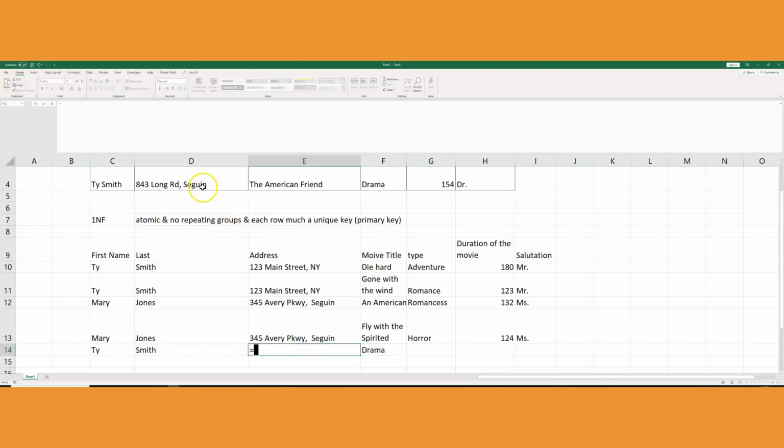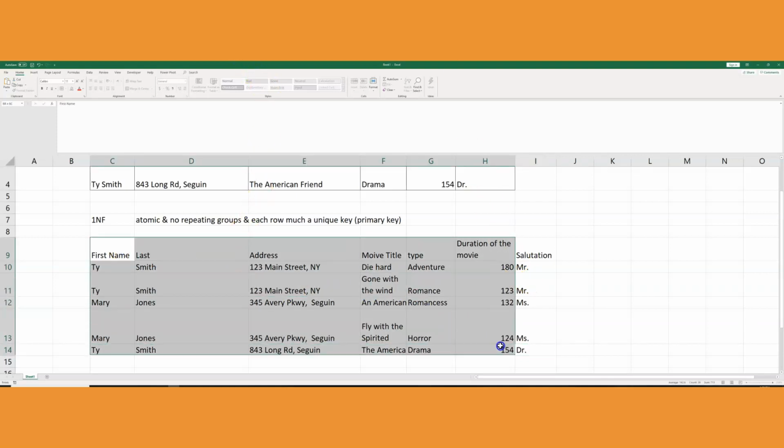Immediately we get into this situation as we live in a different place. And this is actually The American Friend, and that is a drama, and it is 154. And of course, he is a doctor,